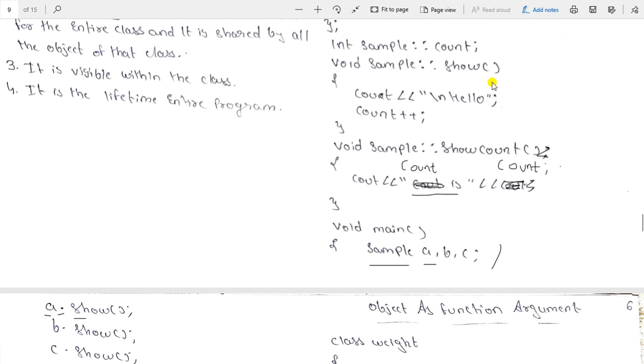So whatever we have printed in this show function, that will be performed. What I have written here, cout hello, the hello will be printed. For example, see here, the output is: through the object and dot operator we are accessing the show function. Whatever we have written in the show function, that will be performed. The first line I have written is hello, so the hello will be printed.